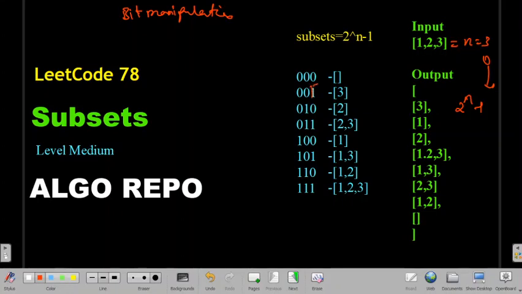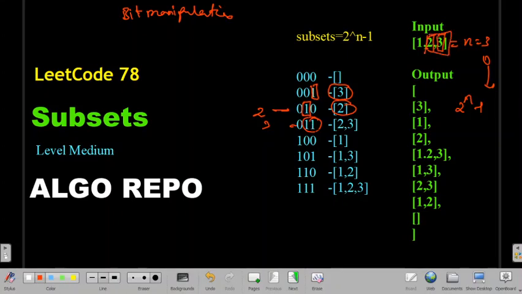this is at the 0th index, right? So at the 0th index there is 1, so we will take this 0th index, and we will get 3 from this subset. In this example, this is representing number 2, so the middle bit is 1, so we'll take only 2. So it will return one subset. In the same way, if this is number 3, we have two bits that are 1, so we'll take those two numbers.